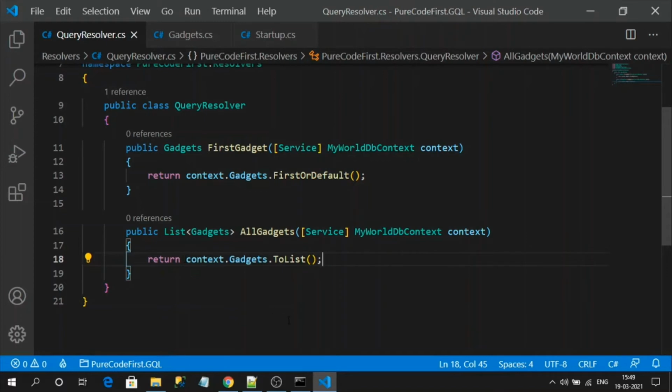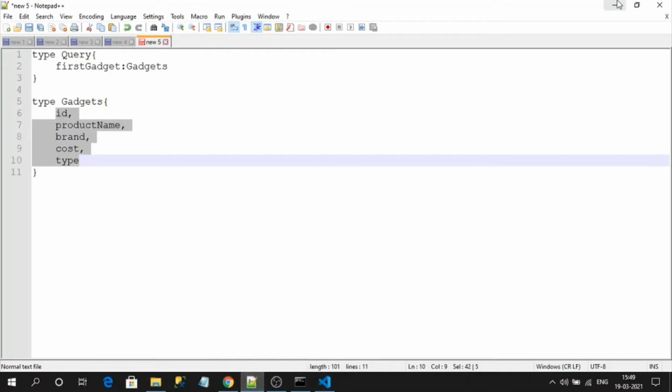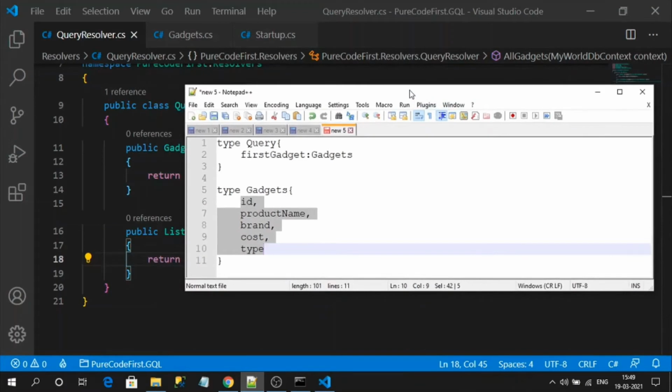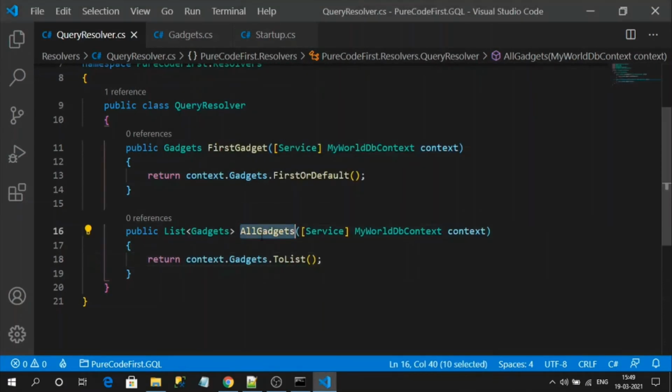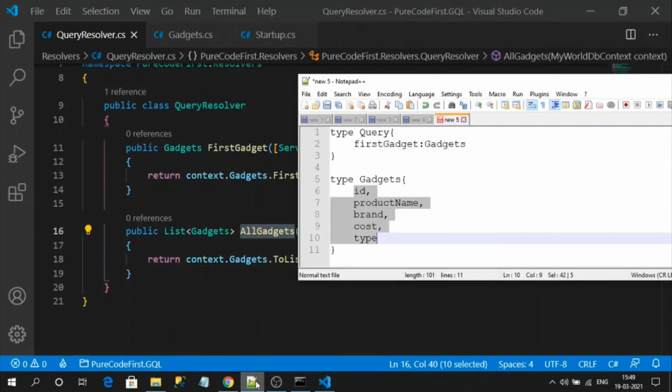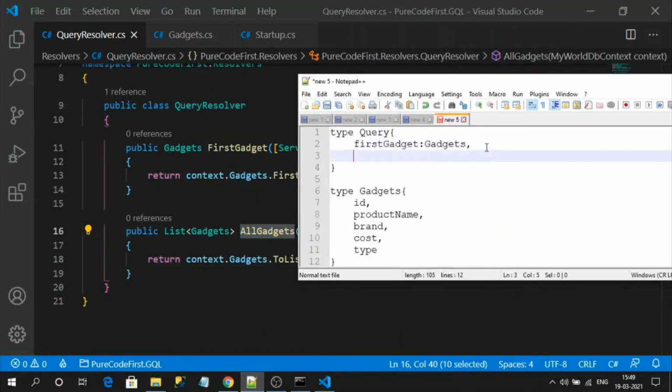First, let's think how the schema will be generated. Let me show it here in this notepad. This is one more resolver, so copy the name. We know the rule: it is Pascal case, and it returns a collection of gadgets.